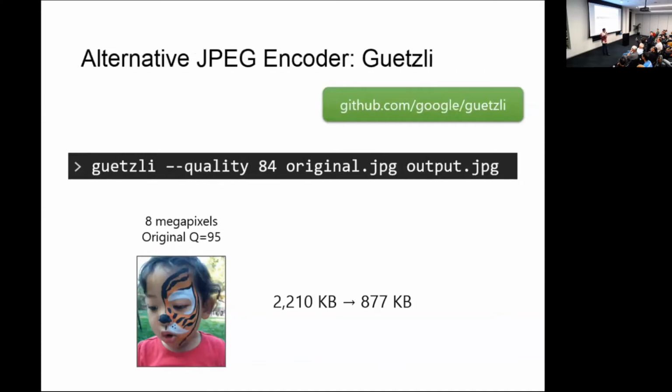You can also use the one that I mentioned earlier, the new JPEG encoder from Google called Guetzli. It works the same way. It's a command line. You pass the input file, and it produces the output file with the specified quality. Now, as you can see, even if I pass the same quality, the file size is roughly the same. So what's the difference between MozJPEG and Guetzli? The difference is the so-called